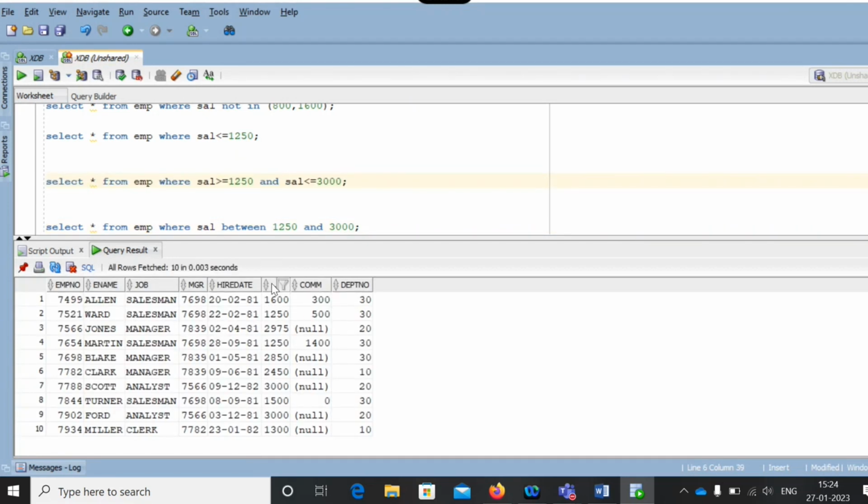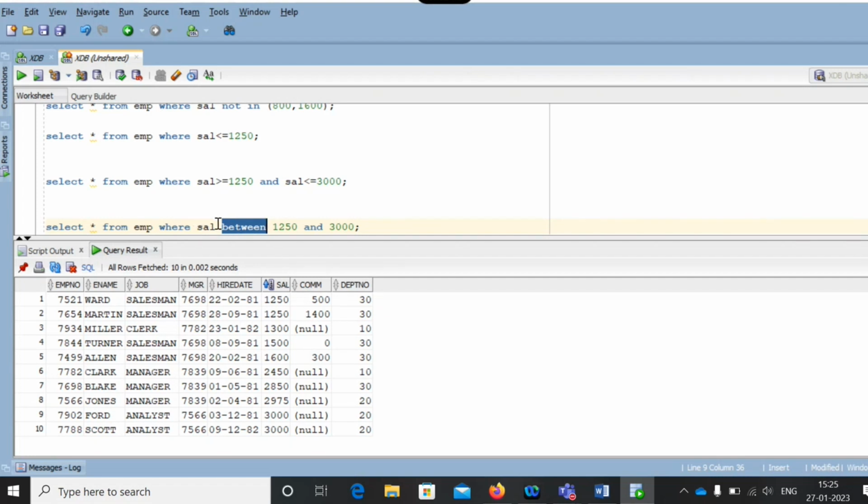I mentioned that instead of the between operator, you can use greater than or equals to and less than or equals to. By a combination of greater than or equal to and less than or equals to, the two different conditions you are mentioning, you can easily manage with the between operator. Okay, between operator. Now, not between.